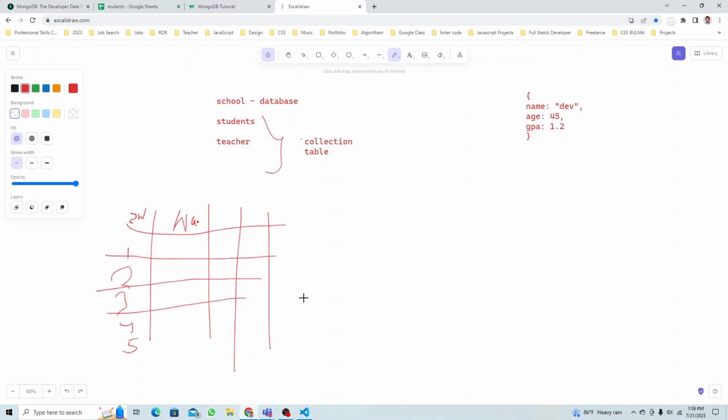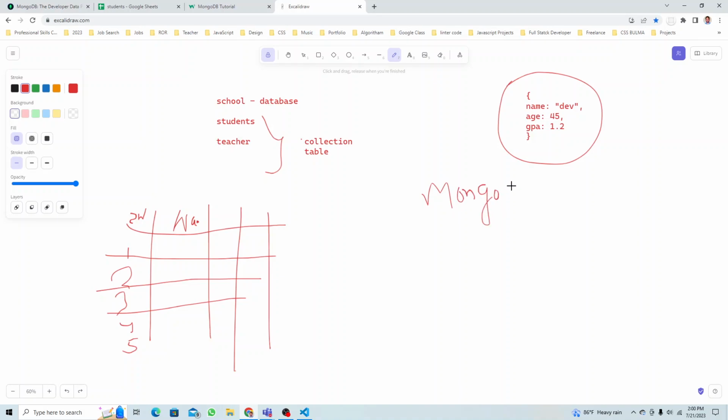So let's say this is the students table. Then you can have a teacher table, and that is called a collection. So you have the school database and you have collections. Now in the student collection you can have a document. You can add the data now, which is our object. So in MongoDB,